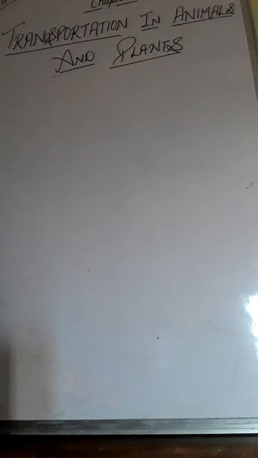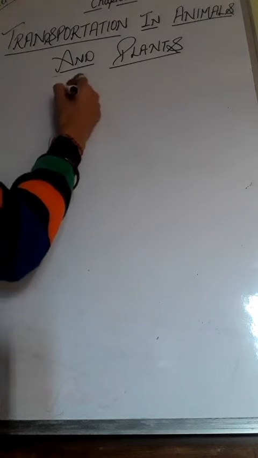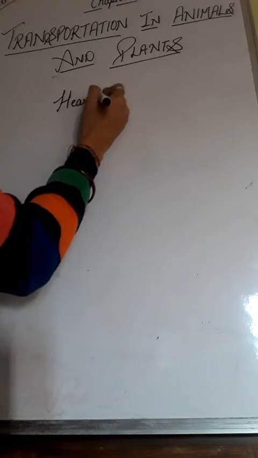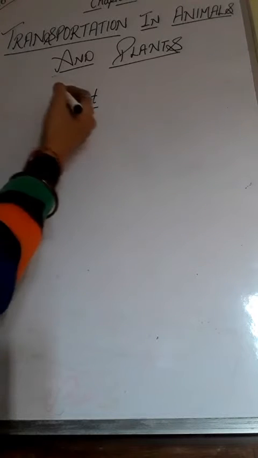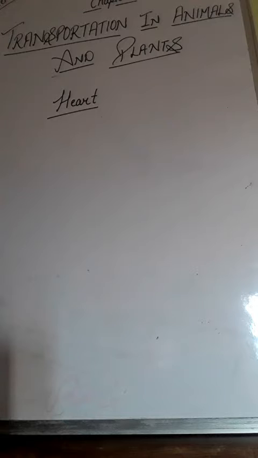So today we are going to start with our next topic of chapter number 11, that is heart. As you all know about the heart very well, the heart is an organ which beats continuously as a pump, for the transport of blood carrying other substances with it, through a network of tubes, or we can say blood vessels. So the heart pumps blood throughout our life without stopping or relaxing. It always pumps the blood continuously, right?